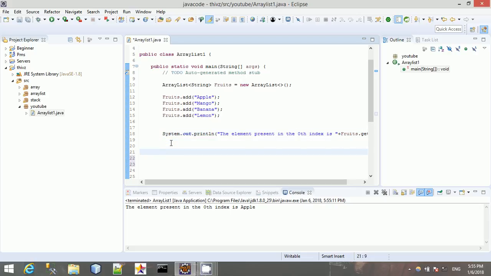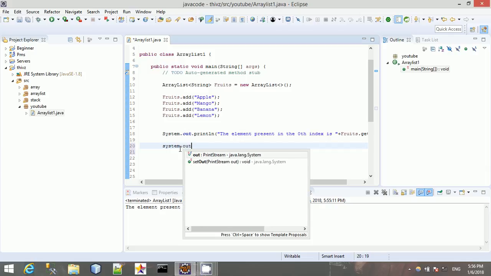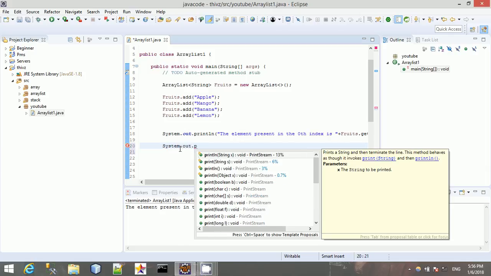The other method that we'll be talking about is the indexOf method. The indexOf method is used to find an index belonging to a particular element. So if we know there's an element called apples, we want to find the index of apples. So it's the reverse of the get method. So let's write a small statement for that, system.out.println,